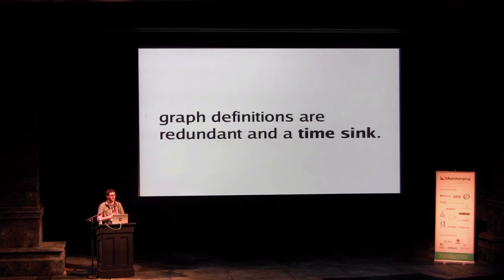So I would say that composing graph definitions, whether you do it through a nice UI or by typing text, is redundant. Also because you have to always type the title, you have to say what's in the legend, what should go on the y-axis. And you have to do this explicitly, even though the information could be implicit from the metric names. So it's time consuming, and it's also time consuming